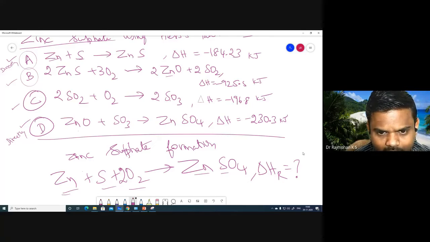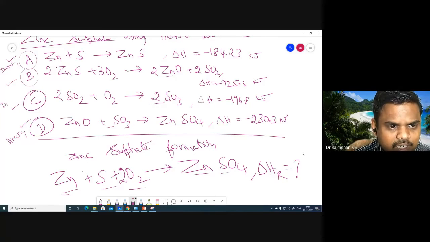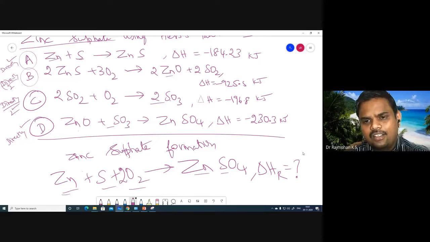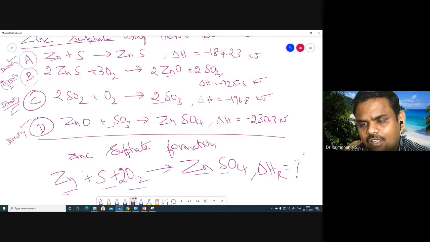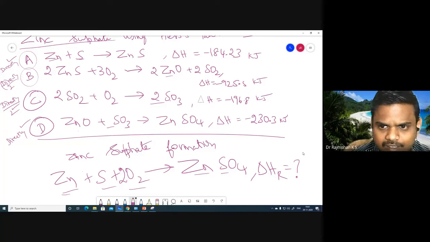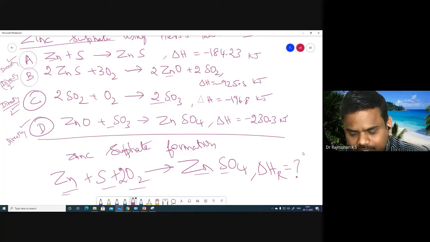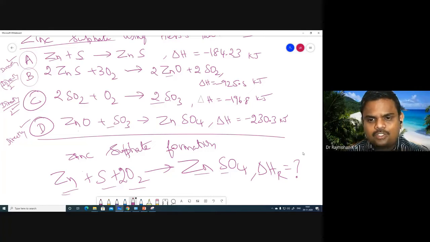How many SO3 is there? One SO3 is there, but the reaction given has 2 SO3. So this also can be used directly, but we may have to divide by 2. If you observe these things, then performing the calculation is very simple. If you are dividing by 2, remember that in delta HR also we have to divide by 2. If you are reversing, then delta HR also needs to be reversed. These 2 points, if you remember, you can solve this problem.